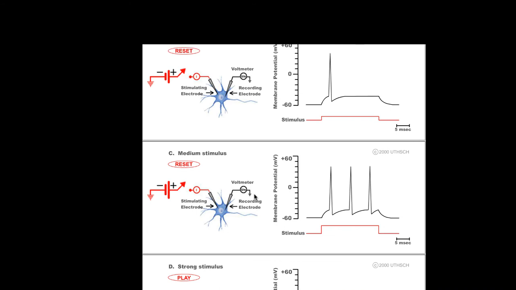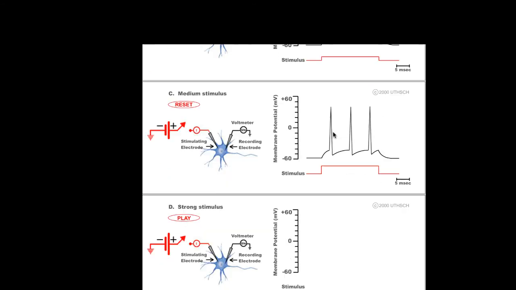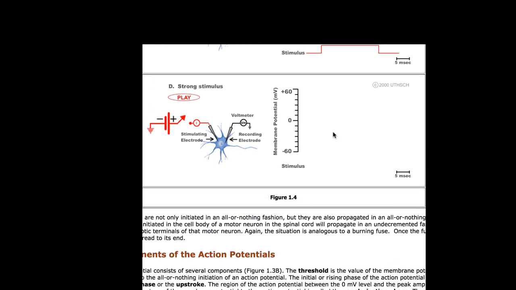But you'll notice that the action potentials that occur under this medium stimulus are no bigger than the ones that happen with a weak stimulus. You will notice that there are more of them, and that's actually something your nervous system uses to convey a really big stimulus. Because the action potential is a positive feedback loop, it can't get any bigger, but you can have more of them. So now let's look at a really strong stimulus, and hopefully you're thinking in your head that there'd be a lot of action potentials. And if you are,